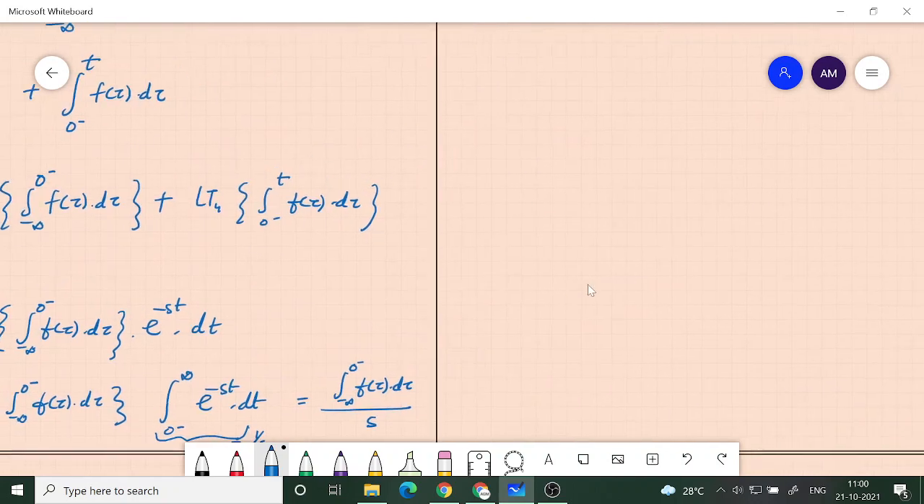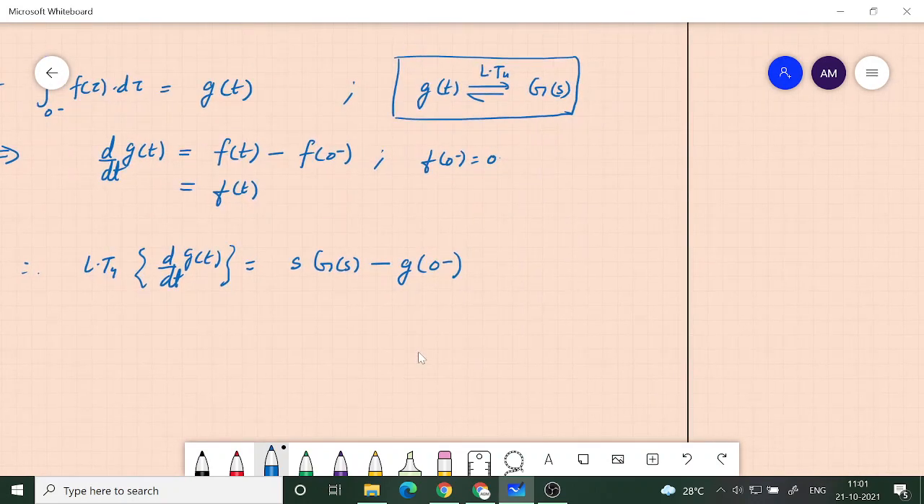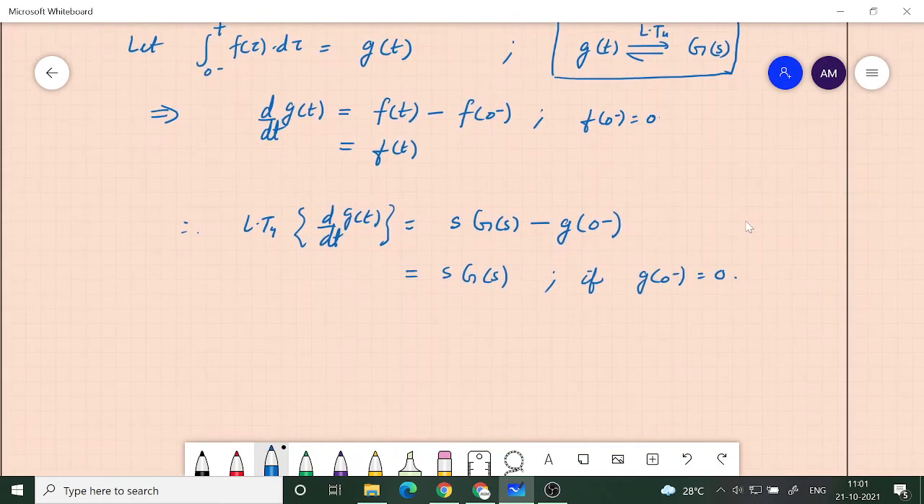But for the moment, let us assume that that term is not there. Let's assume that, so this is equal to s G of s if g of 0 minus is also 0, which is not really 0. But let's assume that if it is 0, let's see what happens. So if it is 0, then